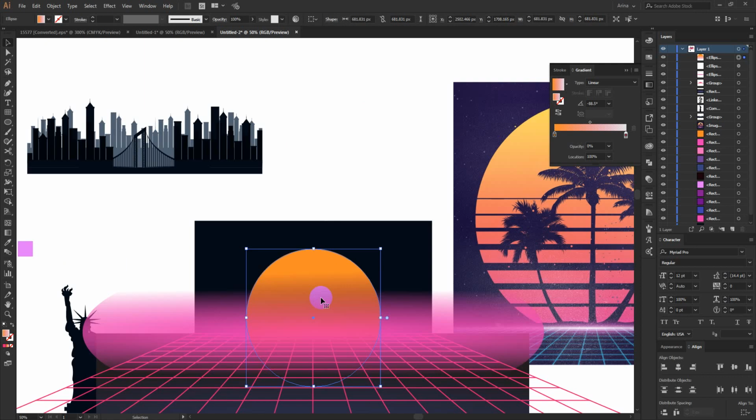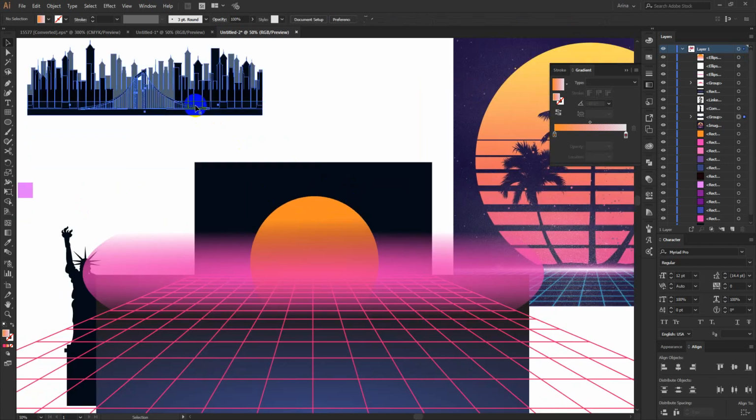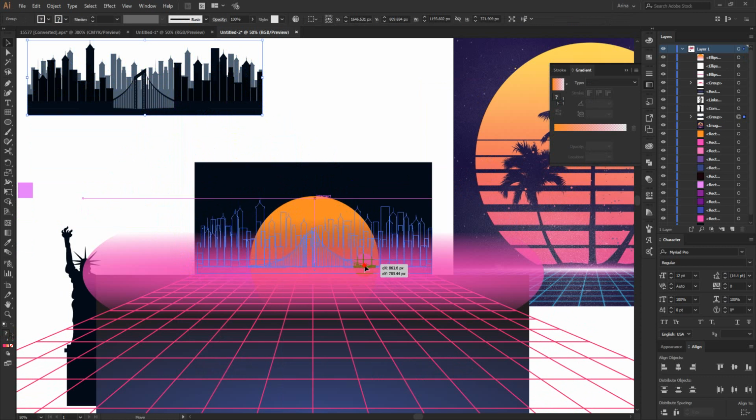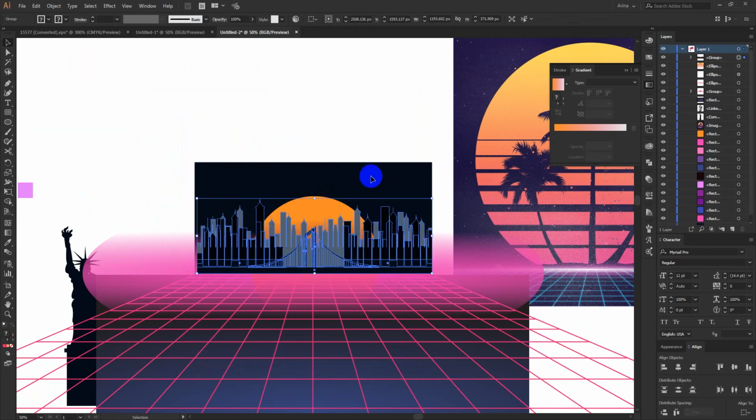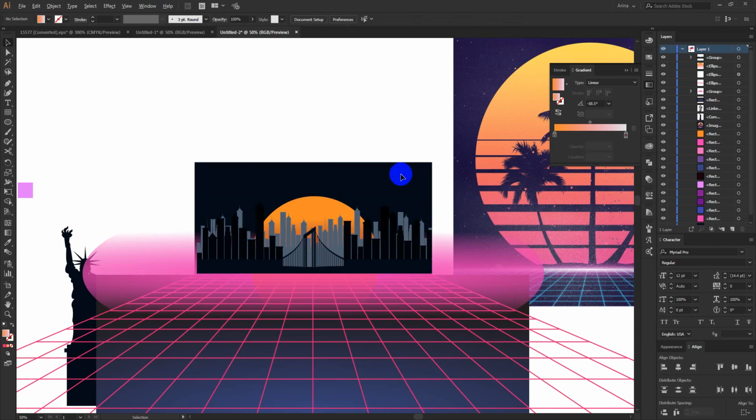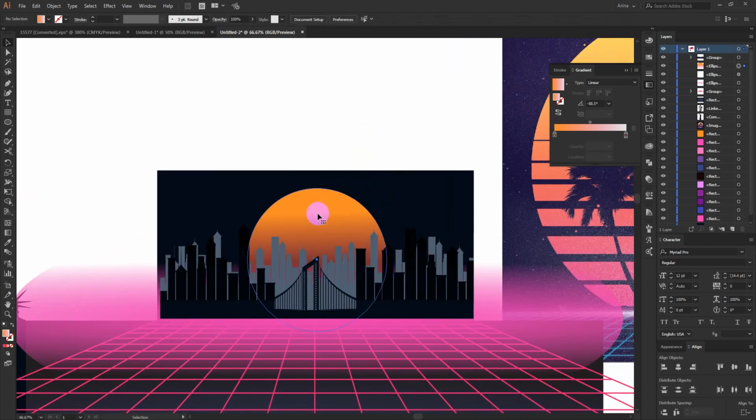Okay, for this one here, I am not going to make it too much bigger, as I just want to keep everything inside my design. So I'm going to take this city silhouette here, cut and paste in front, and maybe okay, now I should make it a bit higher, or I can make it smaller. Yeah, that is good. Now I just simply